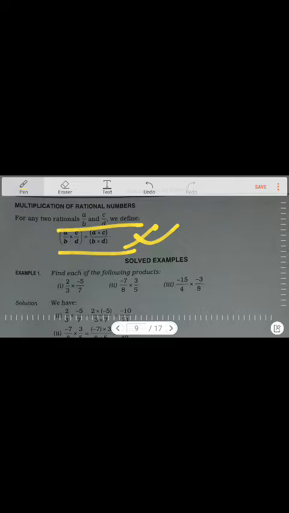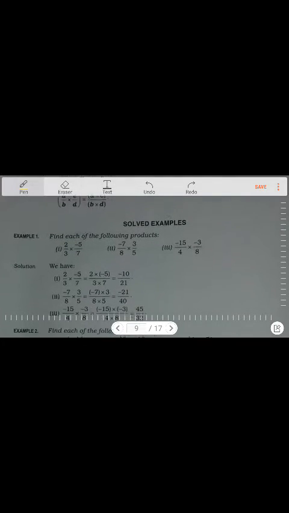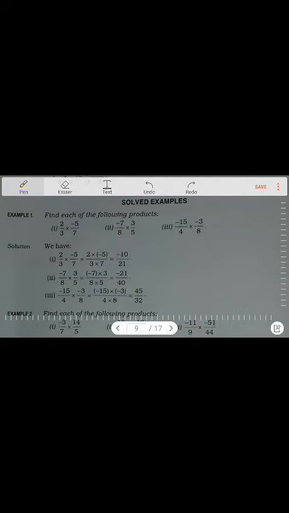Now if you see, here are a few solved examples. What are the solved examples? Here is multiplication of 2 by 3 into minus 5 by 7. So 2 into minus 5 is how much? Minus 10. You can see just below it has been explained. The numerators are multiplied, that is 2 into minus 5 is minus 10. 3 into 7, the denominators are multiplied, so it becomes 21. These two, up and down, will not be reduced by any number. That means they are not divided by the same number, as they don't have any common factor, so it is not reduced.